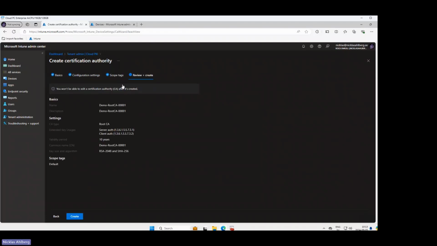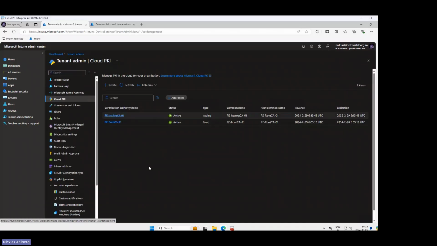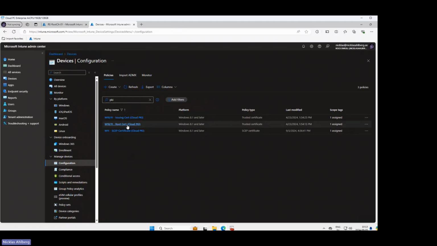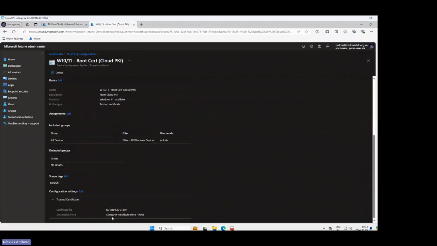I'm not going to click save or create here because I already did that to save some time. So let's say this is the one we just created. The next step is to download the certificate, right? Because we need to make our devices able to trust our root CA. So we need to download that certificate, and then we'll upload it and create a trusted certificate policy type, and we'll then add it to the trusted root, basically. So the computer certificate store root, and we will then deploy this to our devices, and in this demo it's for